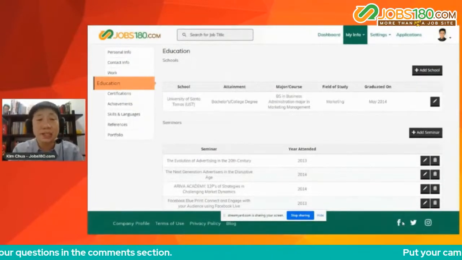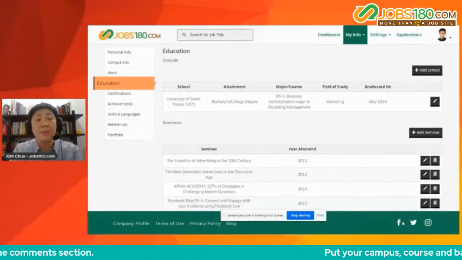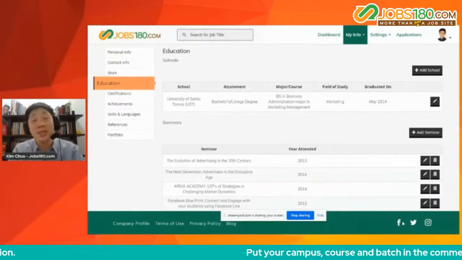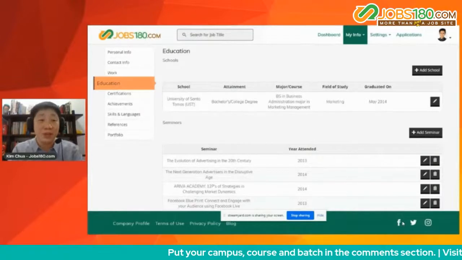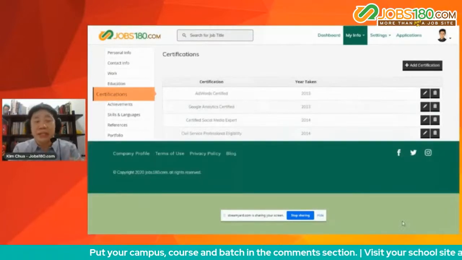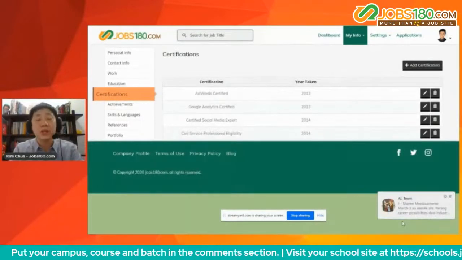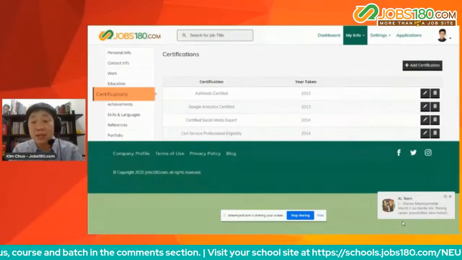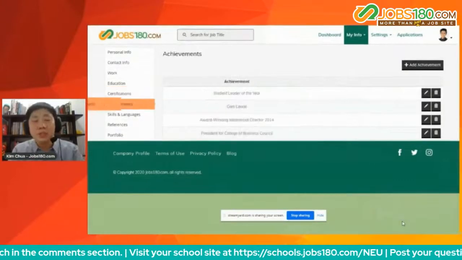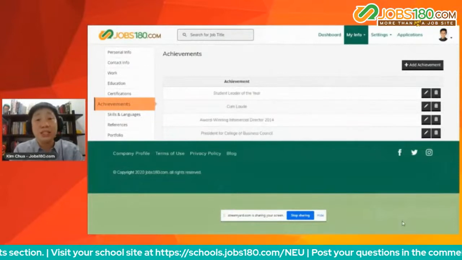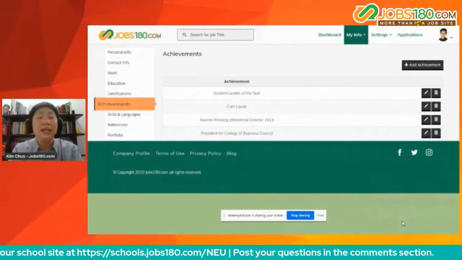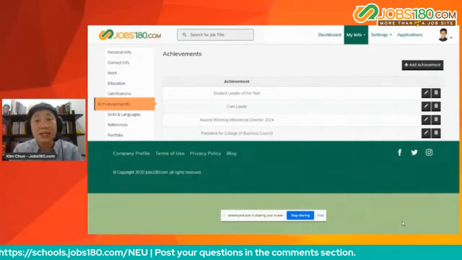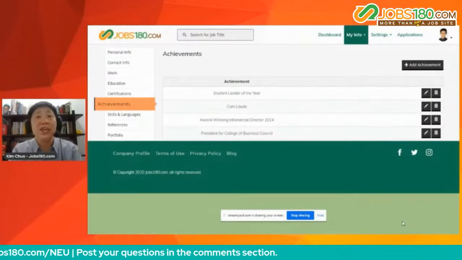Pagdating mo sa seminars attended, ganun din. Kahit gaano karami, pwede nyo ilagay dito. Kahit magkopyahan pa kayo. Just make sure lang alam mo yung seminar na yon, kaya baka matanong ka sa interview. Pagdating po sa certification, ganun din. Put all the certification programs that you've had, you put it here. Okay? When it comes to the achievement, do not limit your achievement only inside the school. Hindi lahat na nakikinig ngayon ay Dean's Lister. Hindi kayo lahat